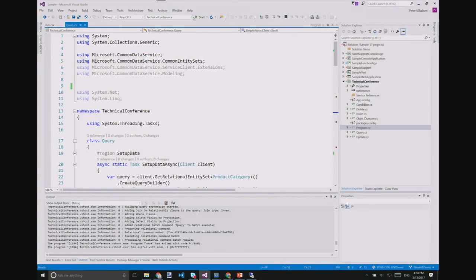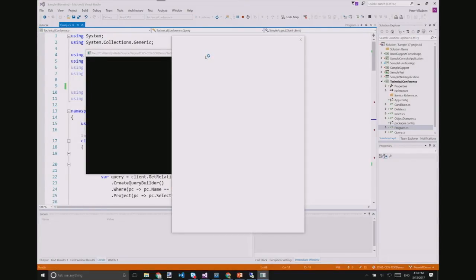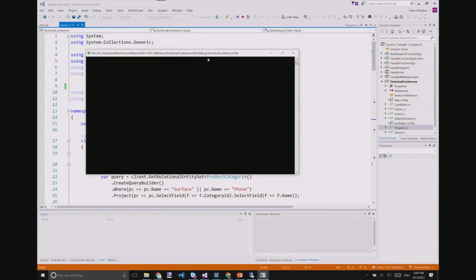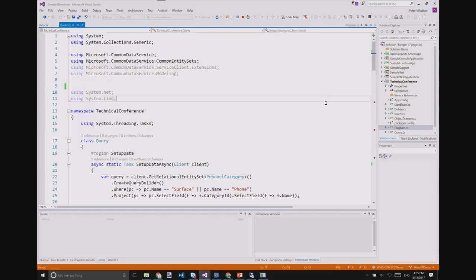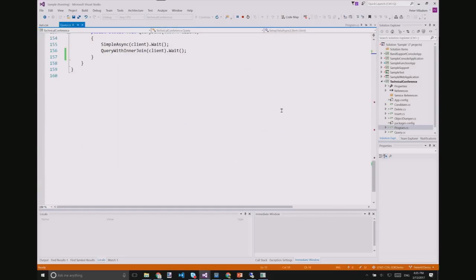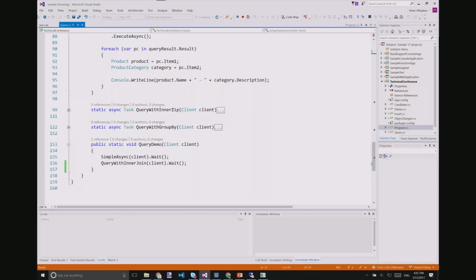So let's just start this. Did you notice what happened there? Did you see a strange white box? You saw a strange white box. I wonder what's going on here.